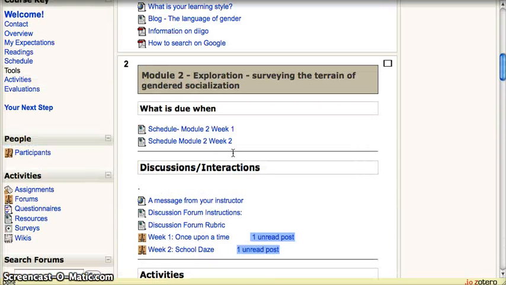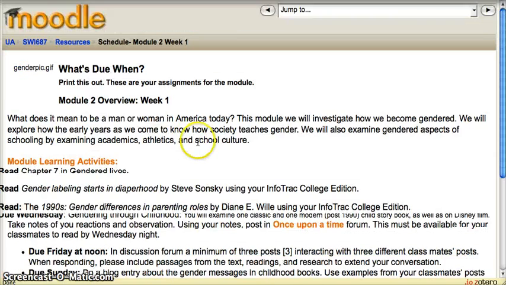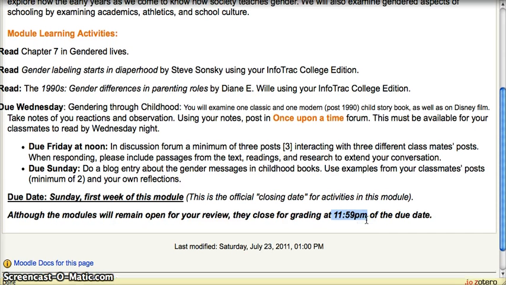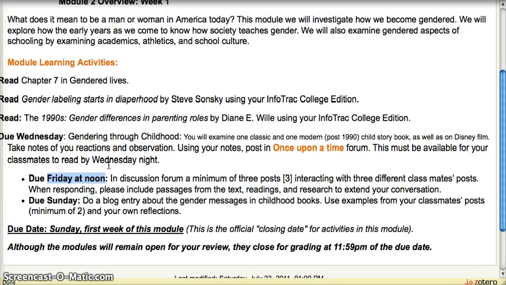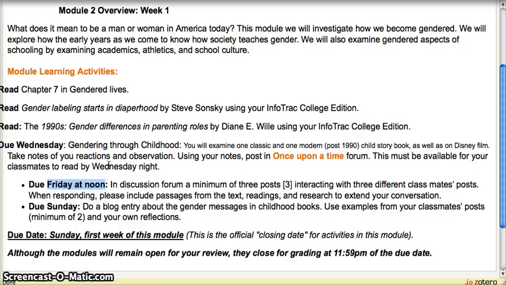I love that you have a schedule for what is due for each of your weeks, and you're asking them to print it out. I'm kind of curious why you're having stuff due at 11:59 and that you're specifying that, and why you're having things due at noon, or what is the rationale behind those decisions, those choices.